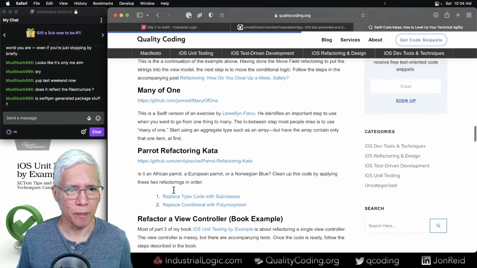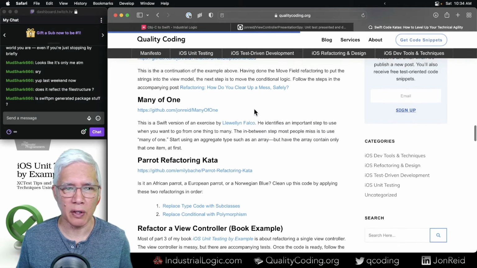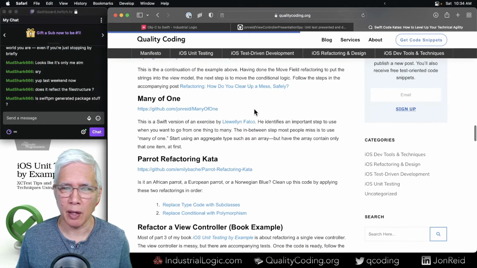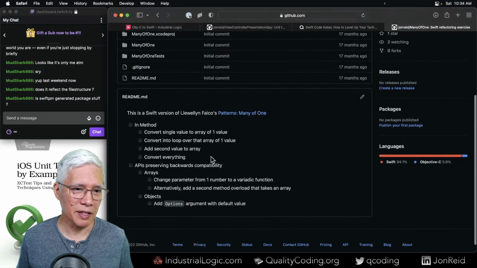Here we go. Many of one is a neat refactoring pattern that Llewellyn Falco, I think, named. And there's an exercise that I have in Swift, but the idea is